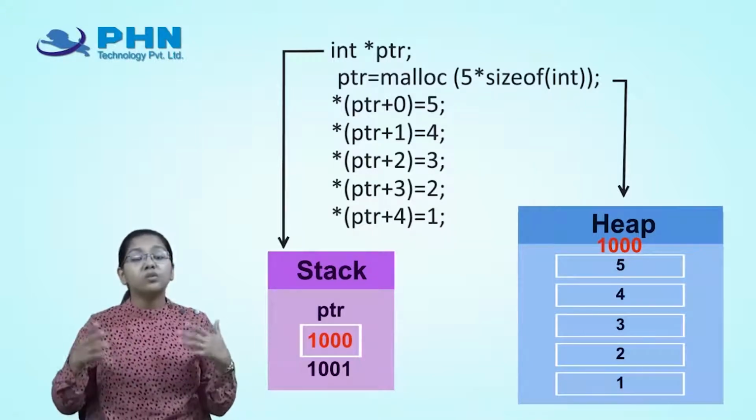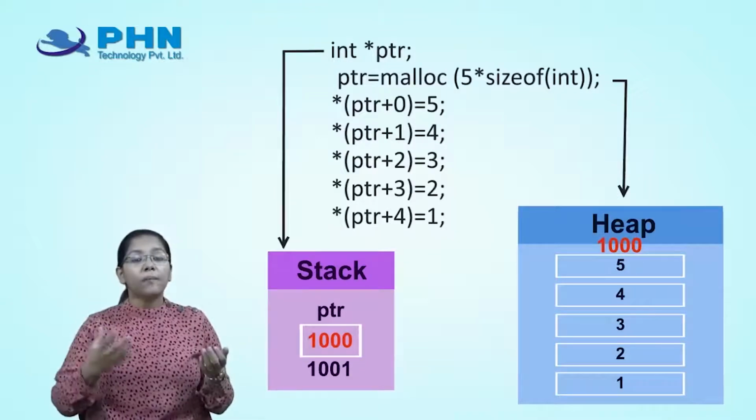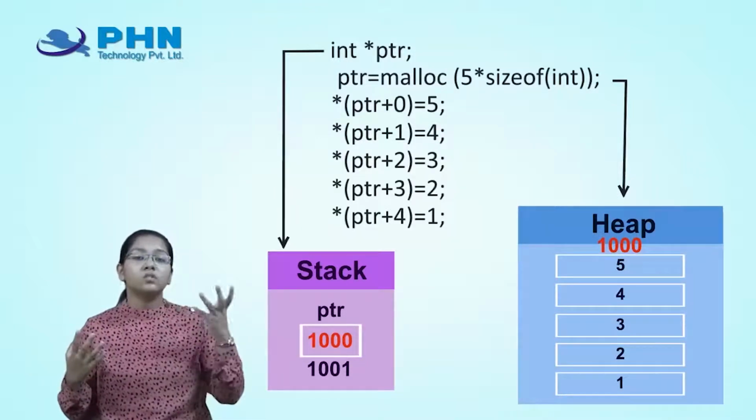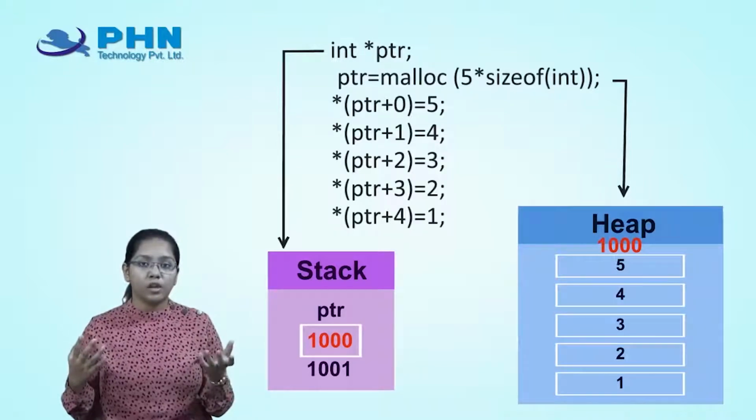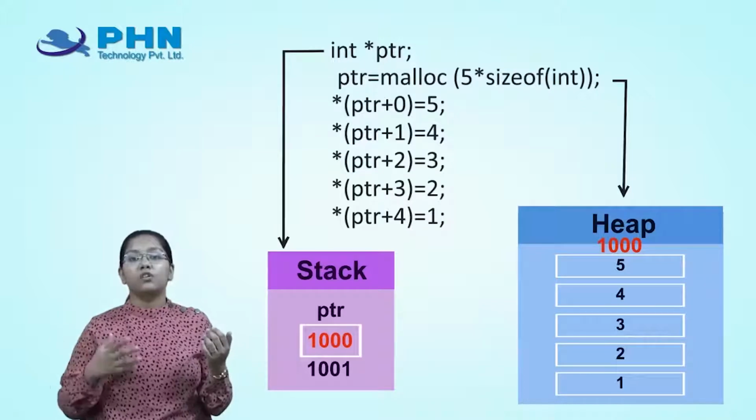Right. So this is the process of how you can do the dynamic allocation. Here you are using the stack also and the heap also, because we know that apart from malloc and calloc, all the values will have the stack memory allocation itself. Okay, so this is the working of your malloc.